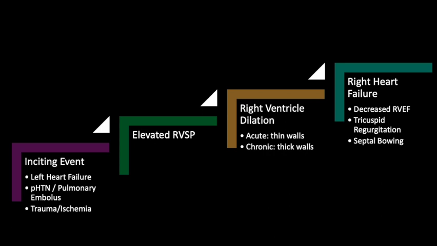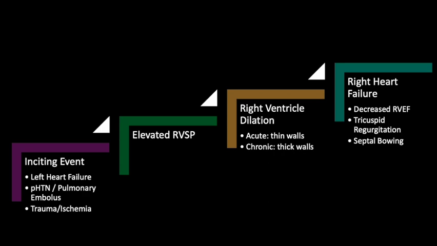Additionally, trauma or ischemia to the right heart myocardium can also cause the right heart function to be affected. But any of these insults basically cause the right ventricle to pump ineffectively, which begins to cause the blood to back up into the right heart and in turn increases the pressure inside the right ventricle. As a result, we start to see the right ventricle and the right atrium dilate in response to these higher